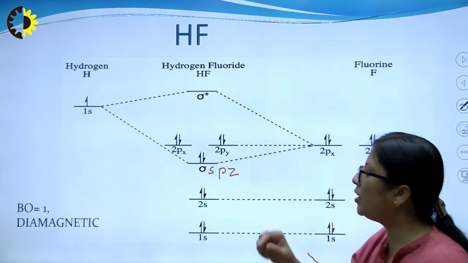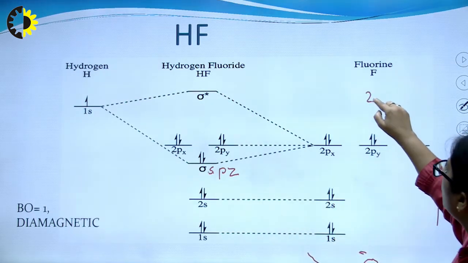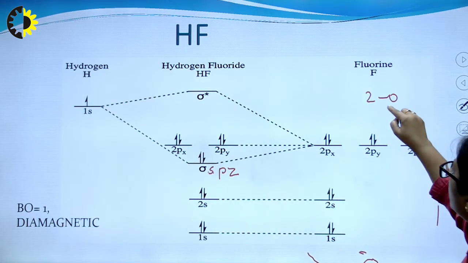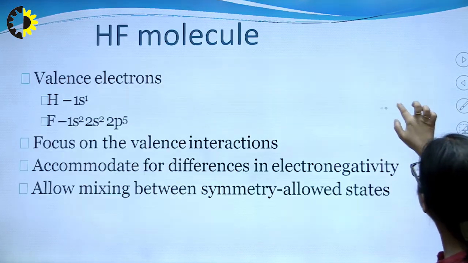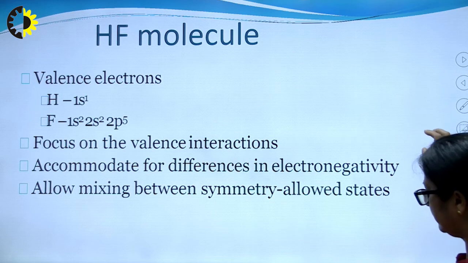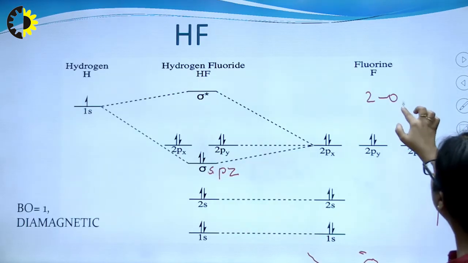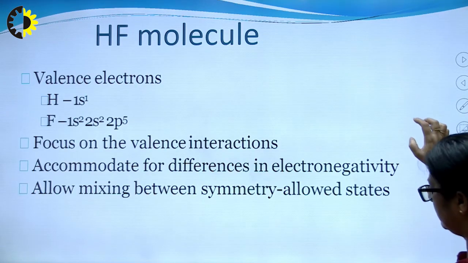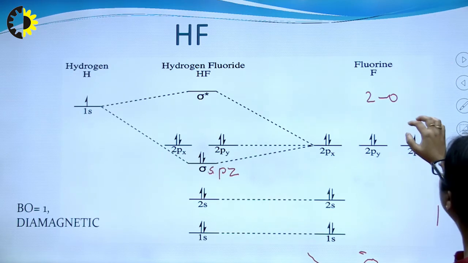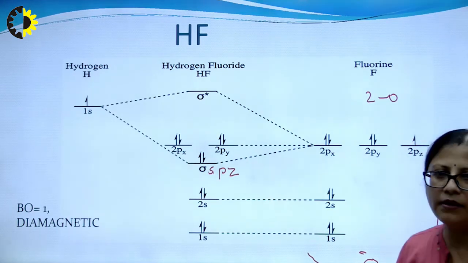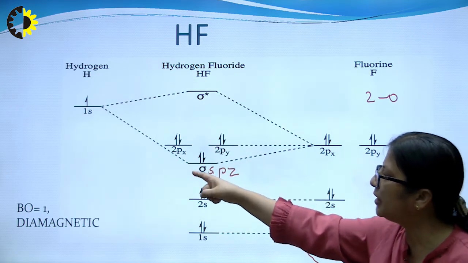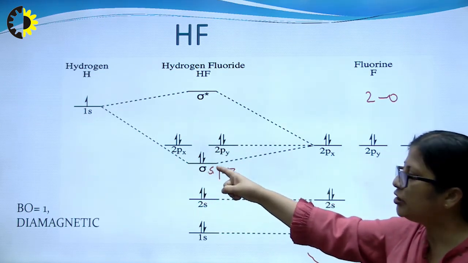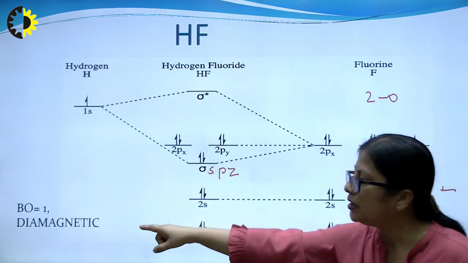So, bond order will be 2 minus 0 divided by 2. So, it comes out to be 1. And since both the electrons in the outermost orbital are completely filled or paired, therefore, the molecule